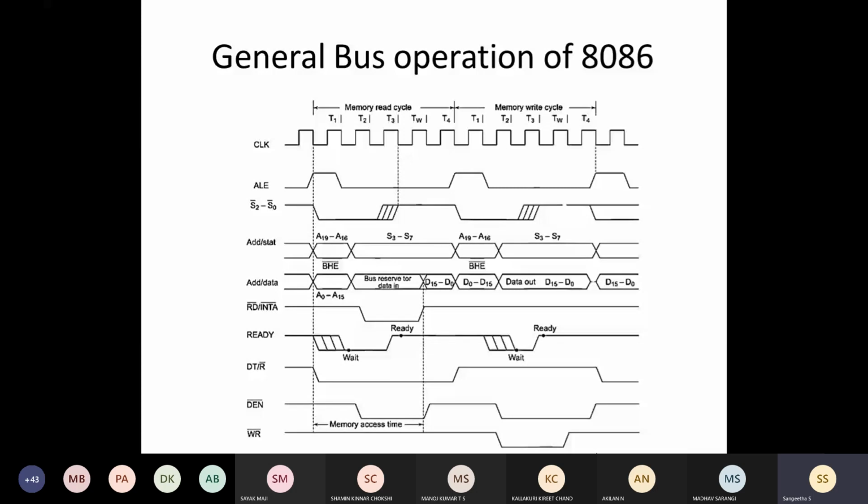Instead of a 40 pin 8086, I would have to increase the pin count, so it will again increase the complexity. In order to reduce the number of pins, we are multiplexing the 16 data bus lines with the 16 address bus lines, and the remaining 4 address lines are multiplexed with the status bus.